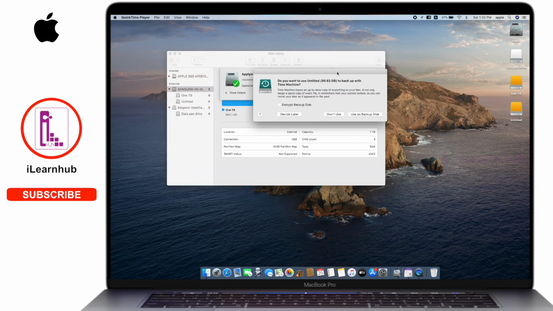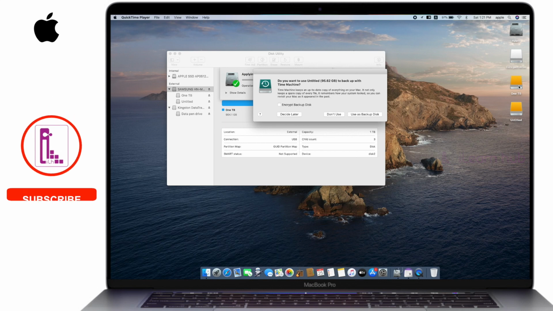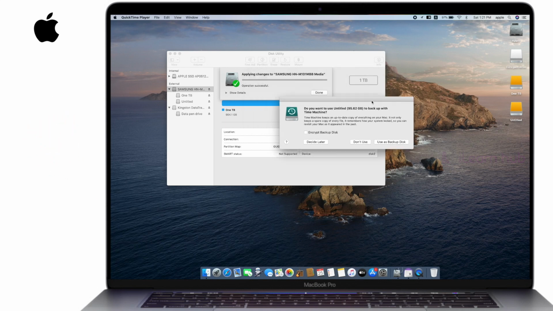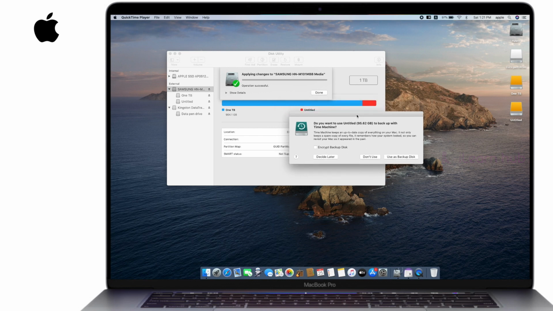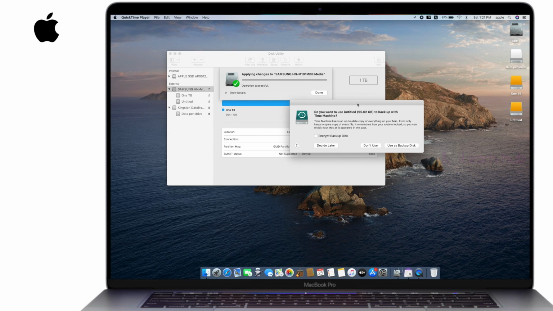Okay, once partitioning is over and it is mounted automatically on your desktop, you can see that there is a good partition with approximately 100 GB, or 95 GB, available. The Mac operating system identified that there is a new hard drive connected to this computer, and it is asking whether you want to use this partition for Time Machine backup.